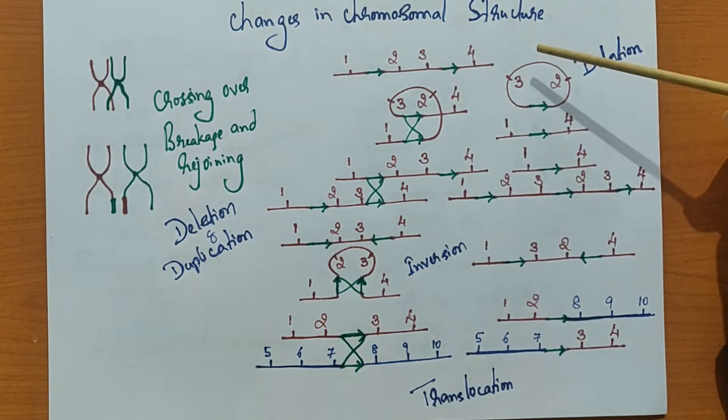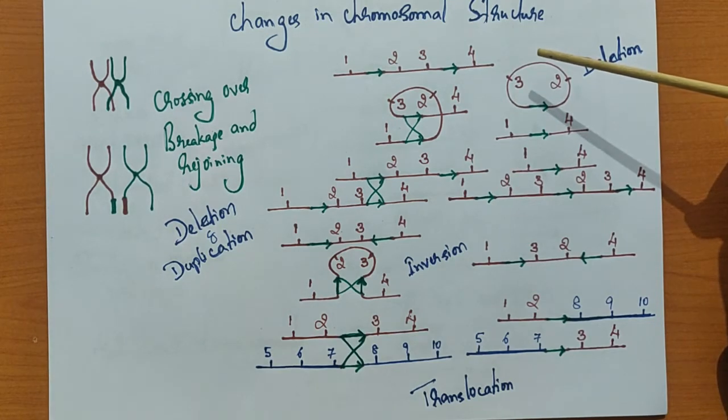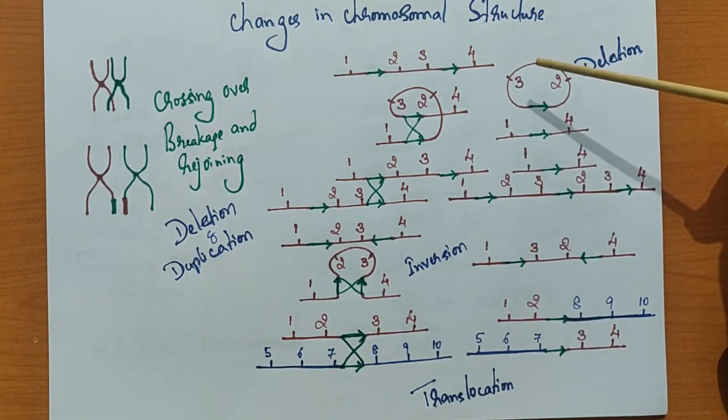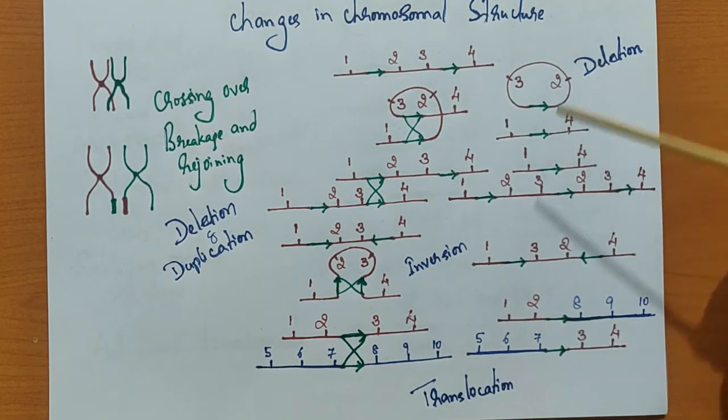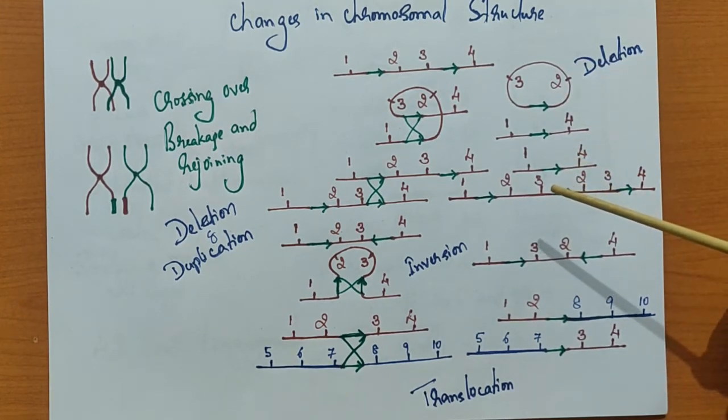In chromosomal aberrations, there is a complete loss of a chromosome or a complete addition of a new chromosome. Within the chromosome, there will be an inversion, a gene deletion, a gene duplication. So many things are going to happen, isn't it? So before we get into that, we will just try to understand what happens during the process of meiosis.